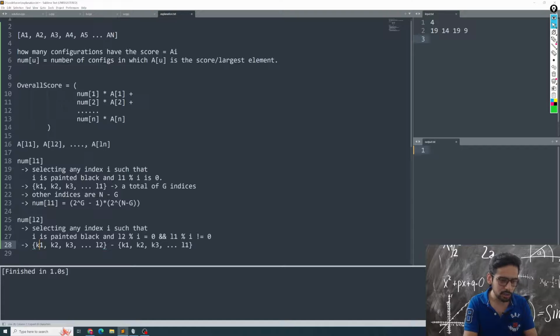Let me call it K1 1, K2 1, K3 1, and L1 is fine. Or maybe instead what I can call them is P1 minus this. So these are the set of indices you care about, and the size of them, let's call it a total of